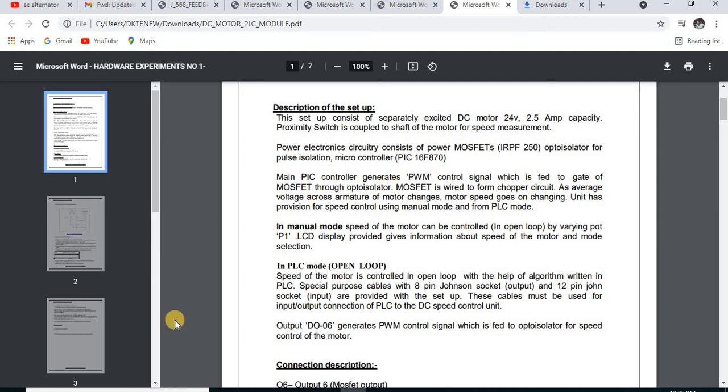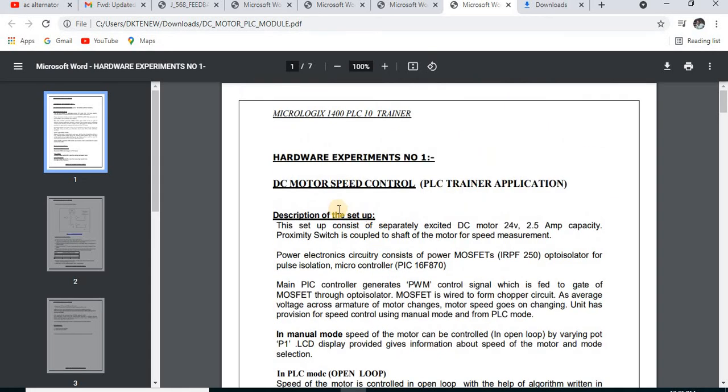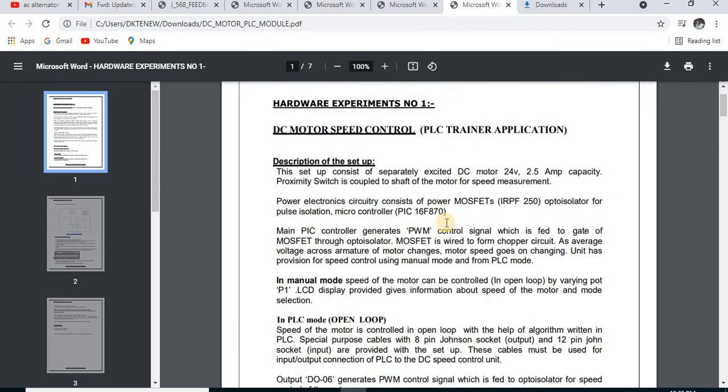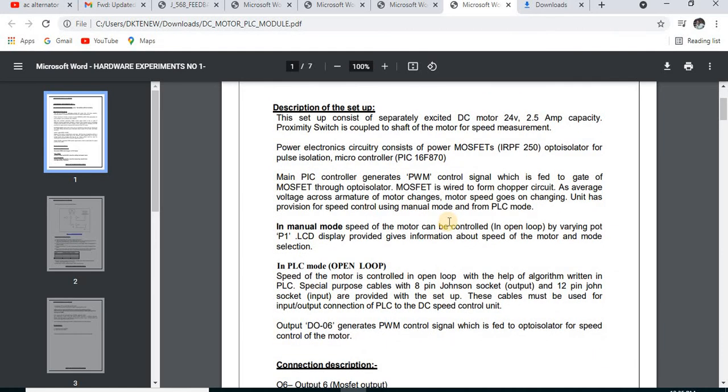A proximity switch is coupled to the shaft of the motor for speed measurement. The PLC will generate pulse width modulation signals which are given to the gate of a MOSFET, and this MOSFET is wired to form a chopper circuit.